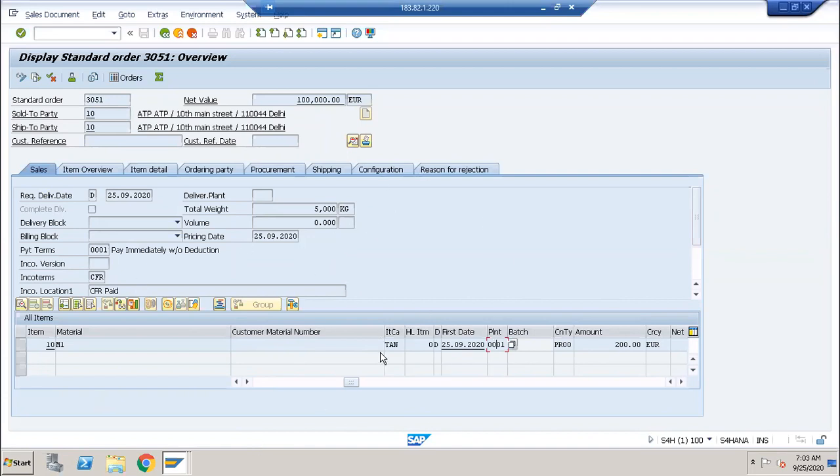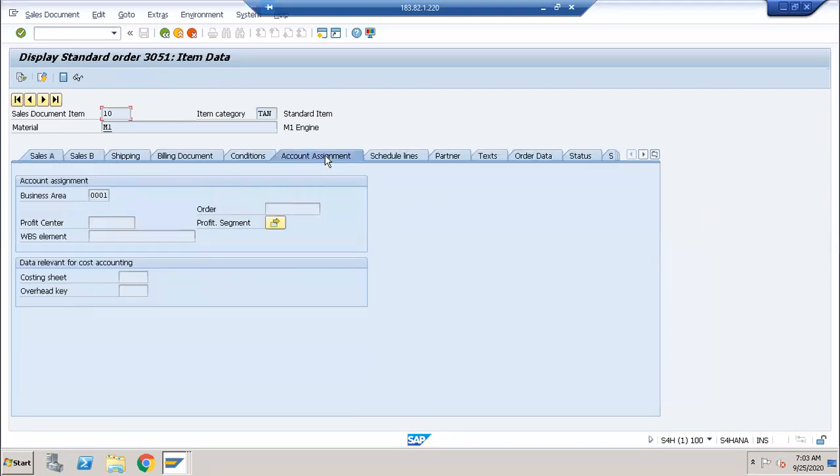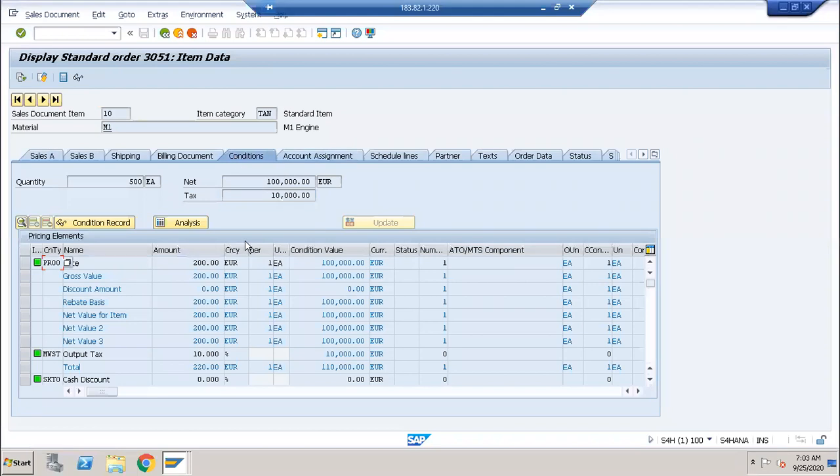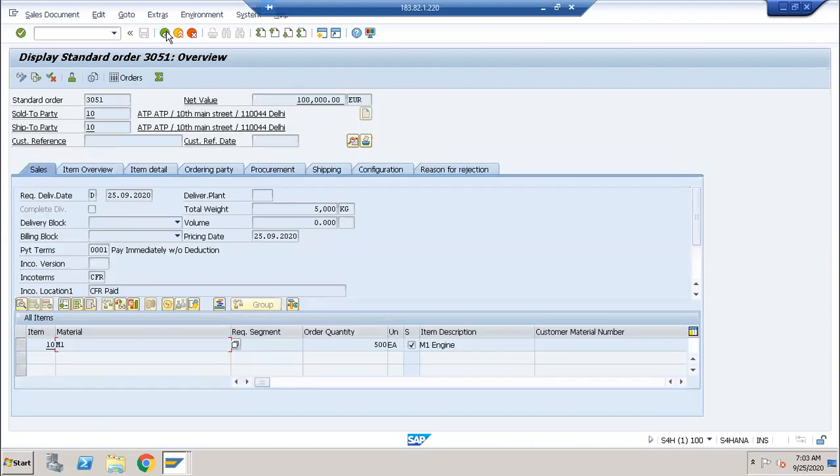Okay, and here I am not passing any other records. In real time we have to pass something, conditions like CGST, SGST, IGST, like that we have to pass. If you double click on this material number, here some conditions are coming. Okay, here automatically some conditions are coming, PR00 something like this. So if you want to apply CGST, SGST, we have to pass the data here. Okay, if you are passing CGST, SGST, then the percentage we have to give here. Okay, but I'm not giving all these things.